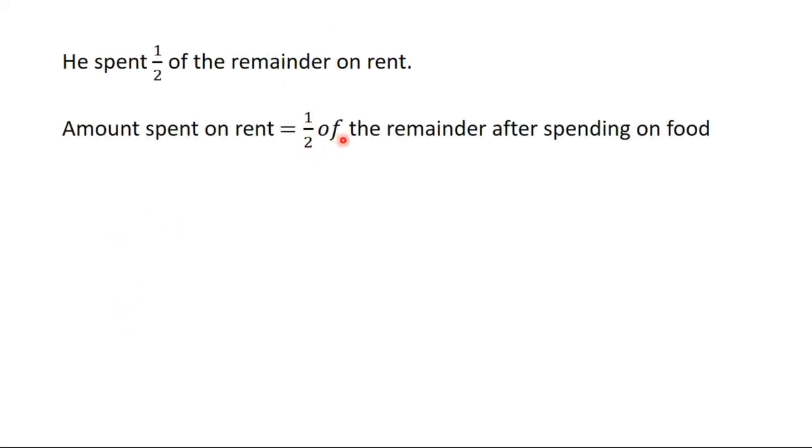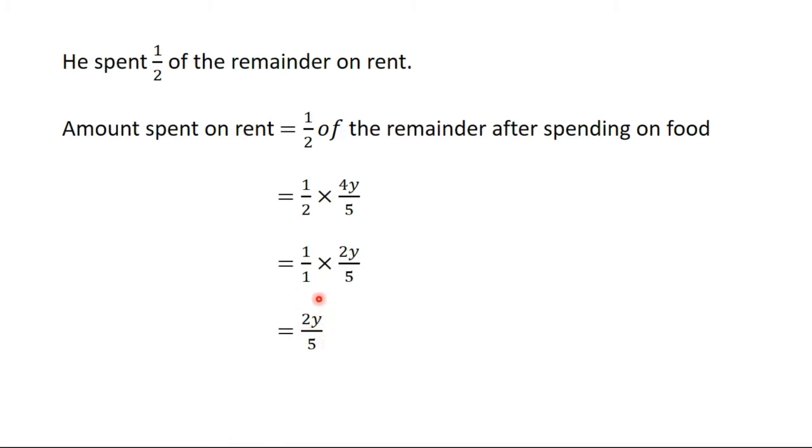So 1/2 of the remainder after spending on food is what he spent on rent. So if you want what he spent on rent, it is 1/2 of the remainder after spending on food. You know that the remainder after spending on food is 4y/5. So from here you have 1/2 times 4y/5. The 2 will cancel itself once and cancel the 4 two times. Since 4 has been cancelled to 2, we have 2y/5. So the amount he spent on rent is